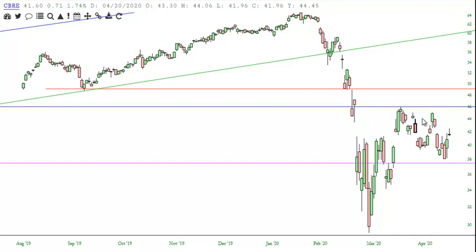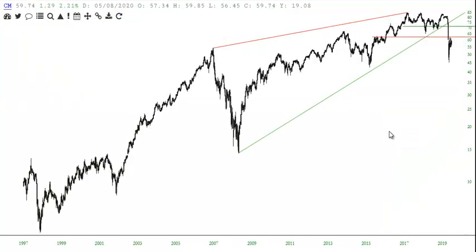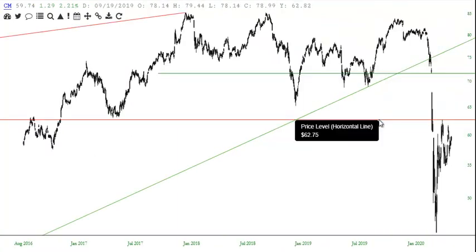The horizontal is at 46.04, but in this case, I would certainly use one of these lower highs as the basis for a stop loss. CM, broken triangle, and a nice clean top. Horizontal on this one is at